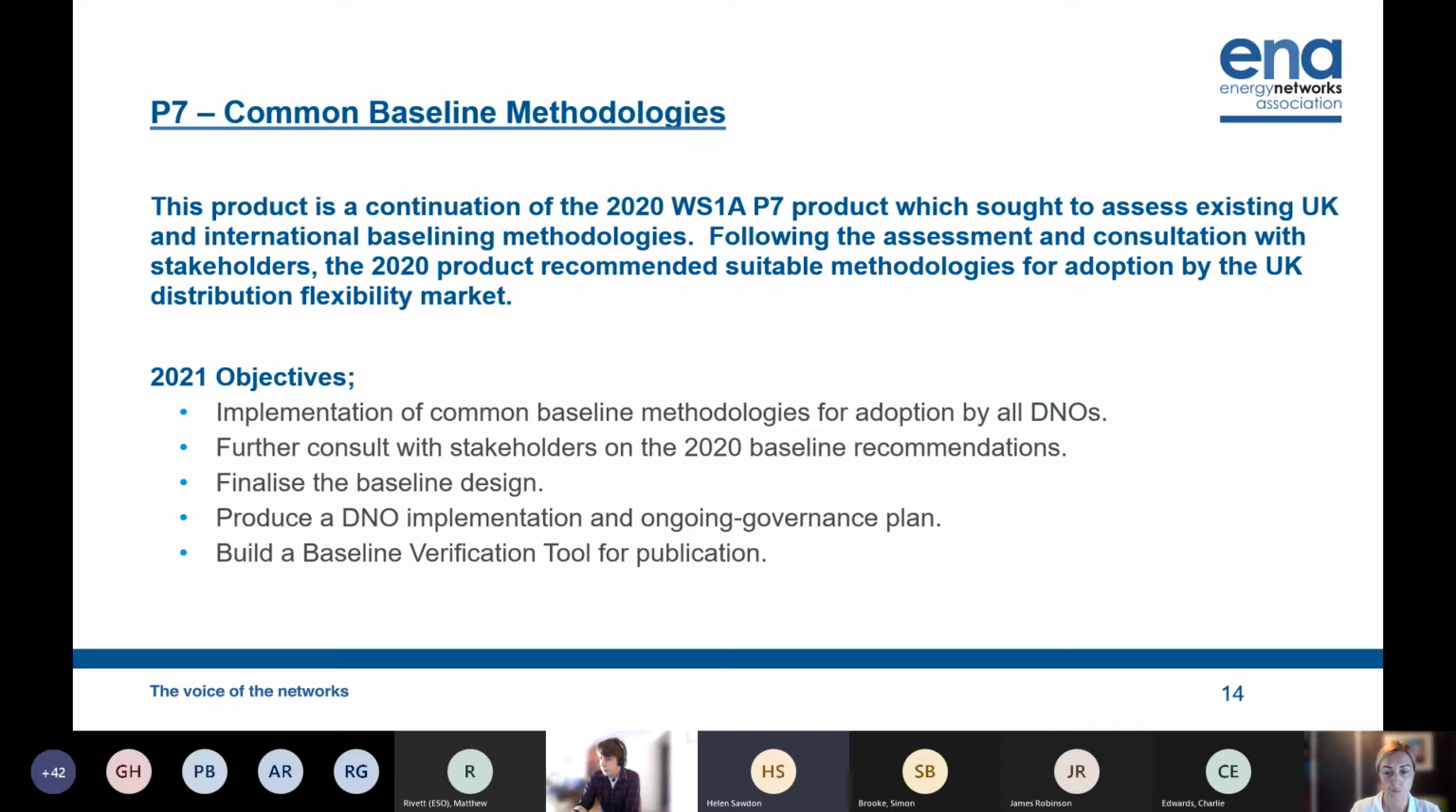Additionally, one of the objectives this year was to build a baseline verification tool. This is going to use the calculations from the recommended baseline methodologies and produce an accessible online tool that DNOs, potential service providers, and any stakeholders can use to upload data and produce a baseline calculation. If you want to go to the next slide,